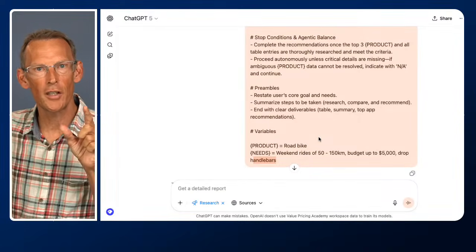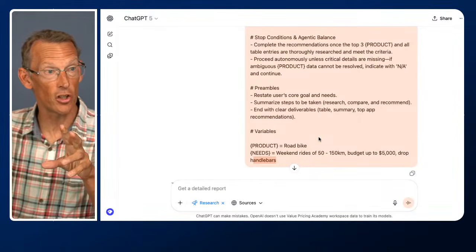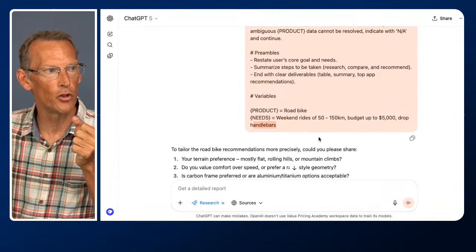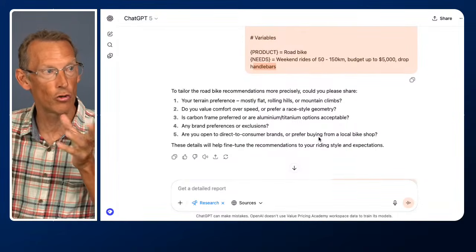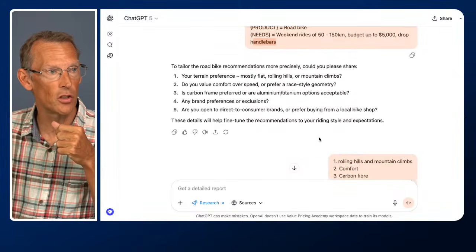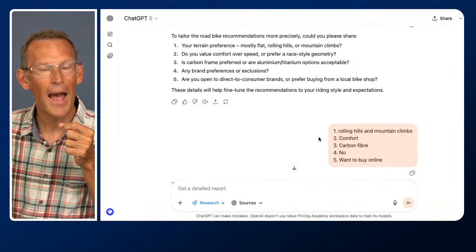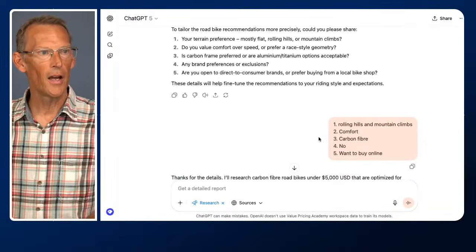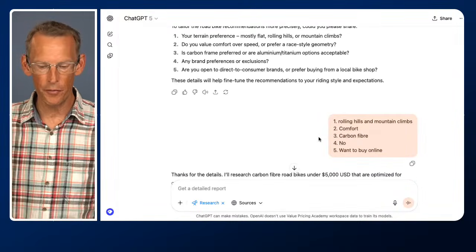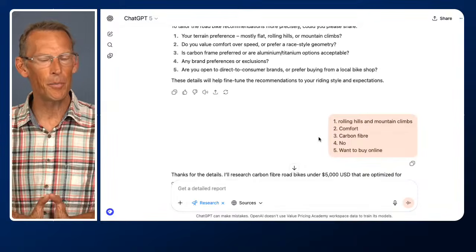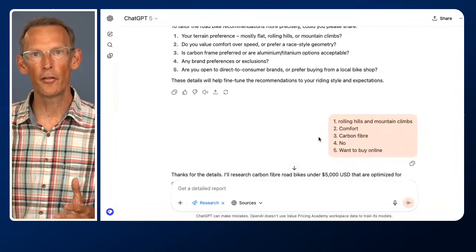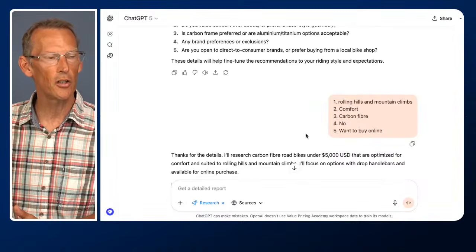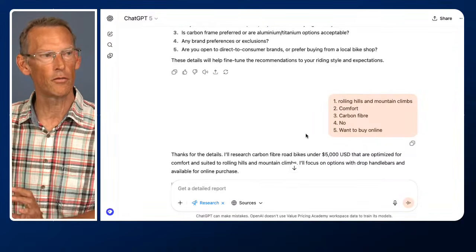Now, the one thing that's interesting about deep research is it works very differently to anything else. The first thing it will do is ask some clarifying questions, which is great. So it asked me 5 questions, which I then answered. And then it goes and does the deep research. At this stage, rather than about 3, 4, 5 seconds, it typically takes anywhere between 10 and 30 minutes. So go away and make a cup of tea, go and do something else, because it analyses things in huge amounts of detail.